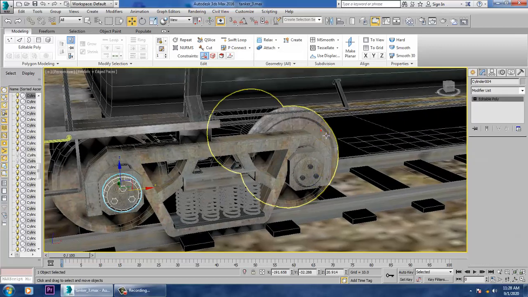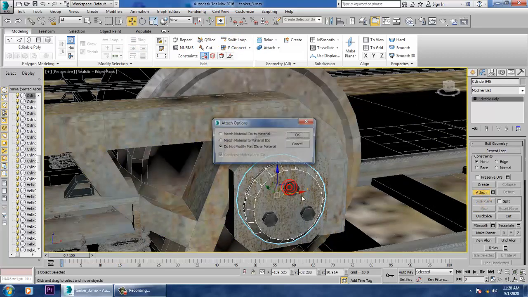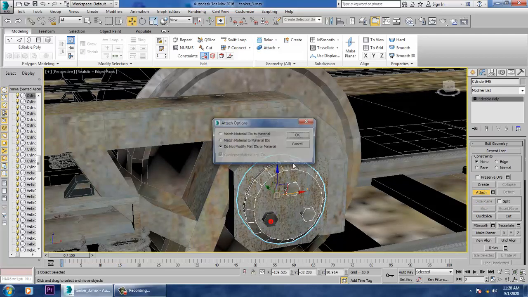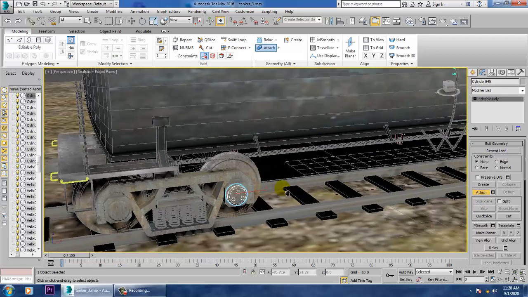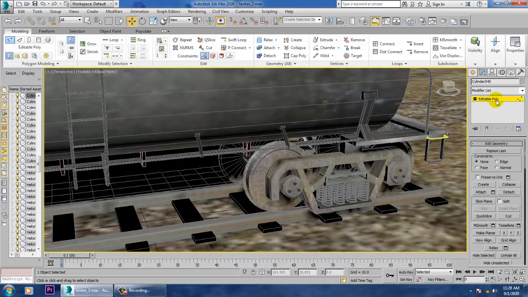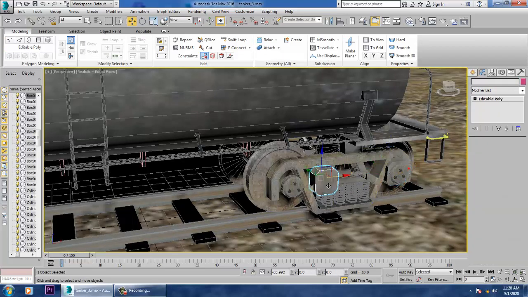Select this. Sorry, select this. Again, let's go into this. Again, attach all of this. We need to attach all these bolts because they are going to rotate with the tires. So again, go over here. We'll just make a copy of it. I think there is one missing over here, so just take a copy.